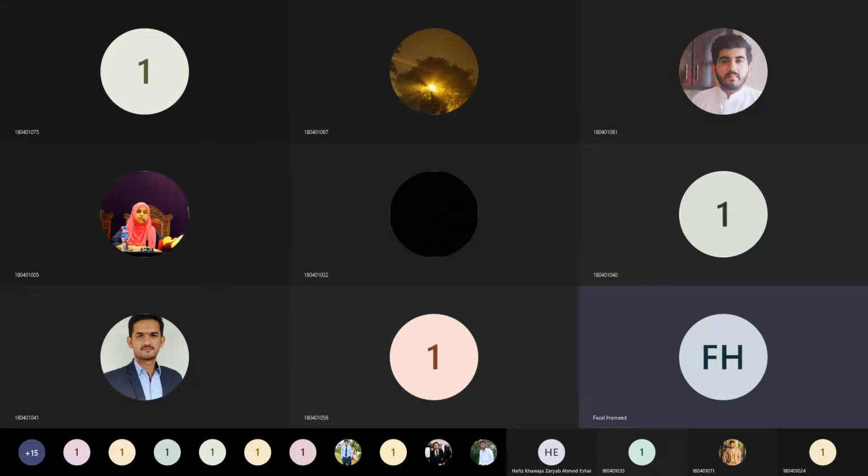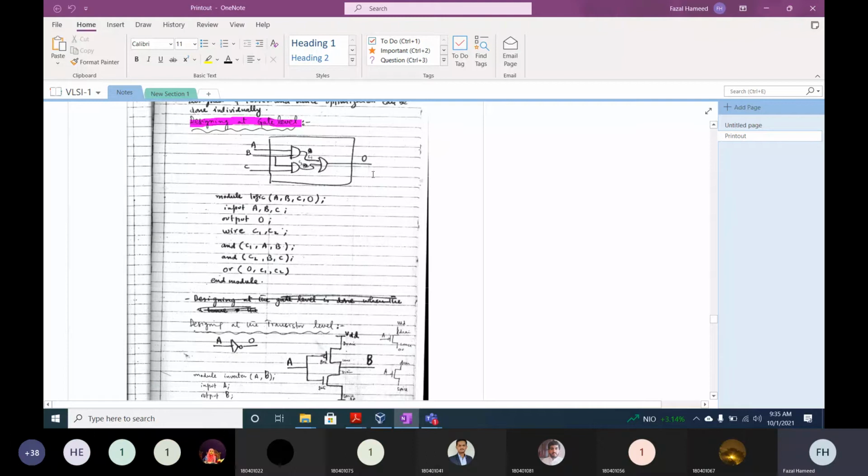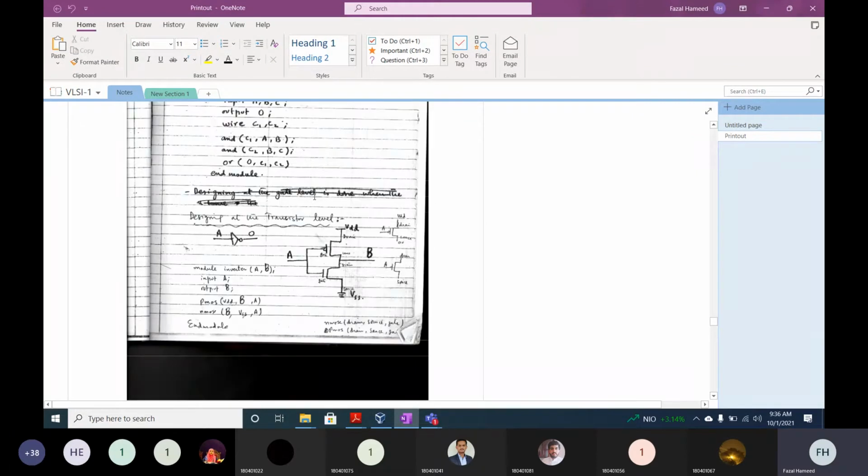In the previous lecture, we designed a system at various levels of abstraction. We designed a system at the behavioral level, and at the structural level. Now we will go further down to the level of abstraction where there are more and more details. So now we will design a system at the transistor level.